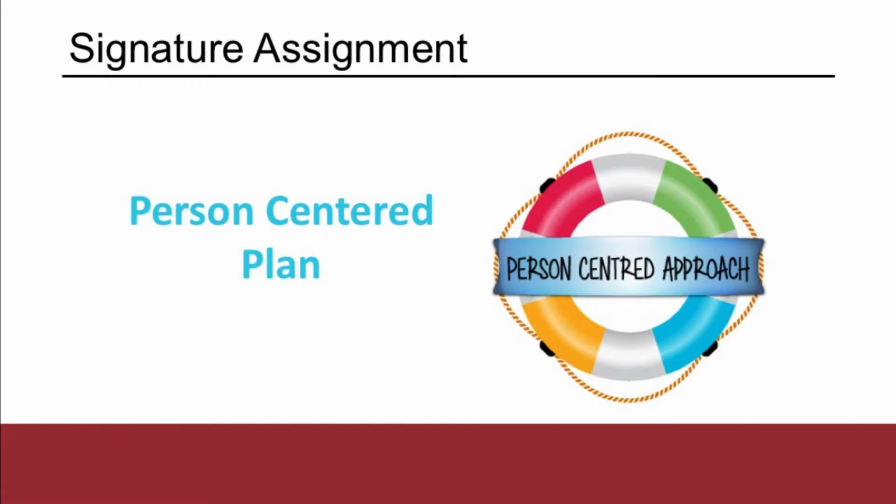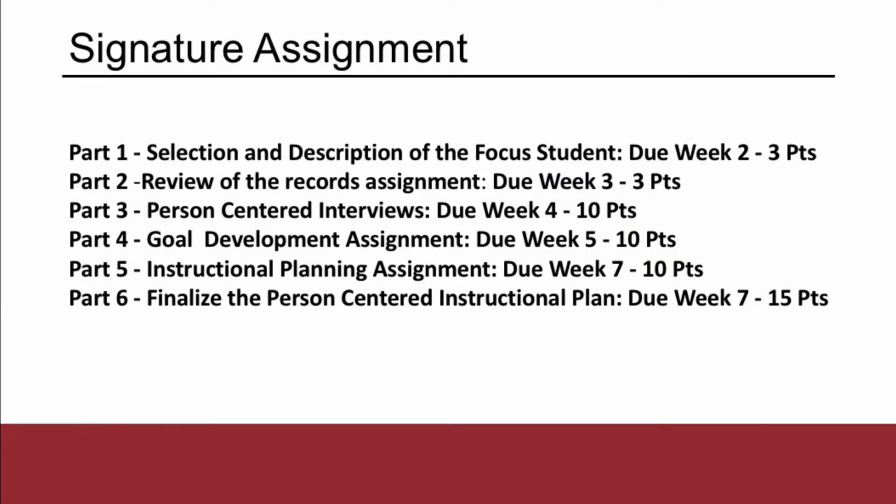The IEP, or the person-centered planning process, is frequently used in planning for adulthood and through transition, but it is something that's extremely valuable even with young children as you're working with families and getting to know that student on a very intimate level. This assignment has actually 6 parts to it that you'll be completing throughout the term,